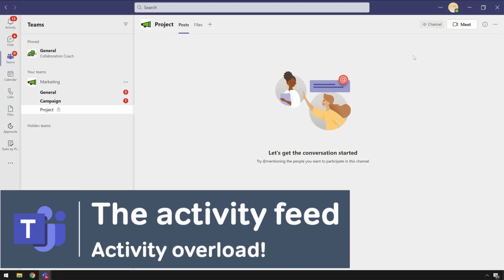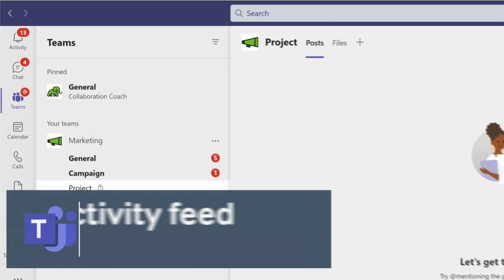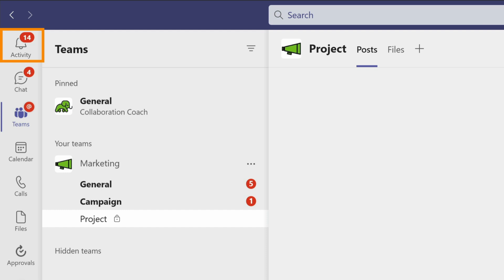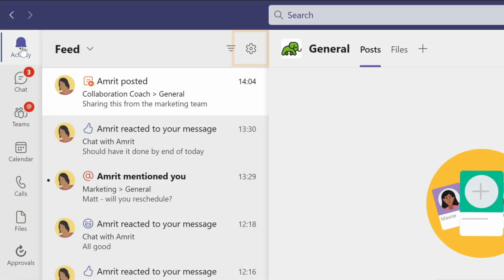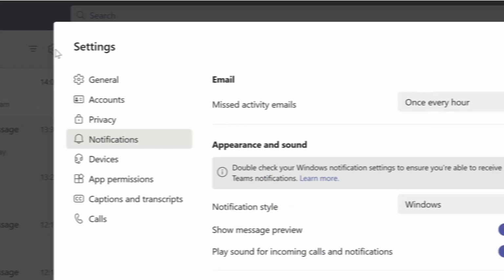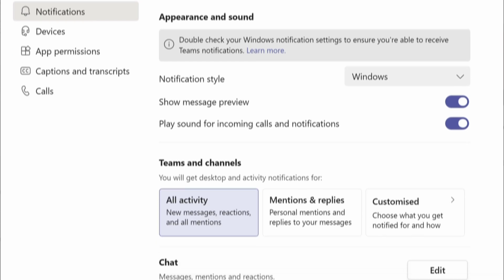The activity feed is the app in the top left corner of Teams. Every time something happens in Teams, it will update the red counter and show you how much activity you've missed. This is much less intrusive, but can be distracting to see your feed with tons of activity. Most of the time, that activity isn't really anything you need to know about anyway. Using the notification settings and other tricks in Teams, you can control all the sounds, banners, and activity and make it work for you.